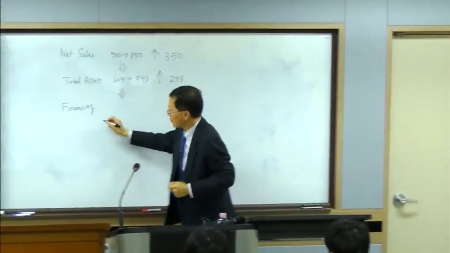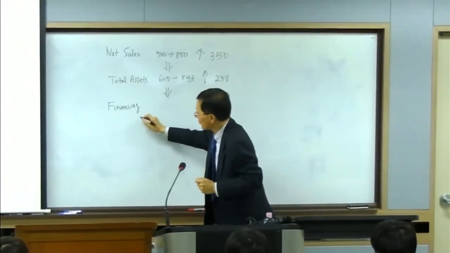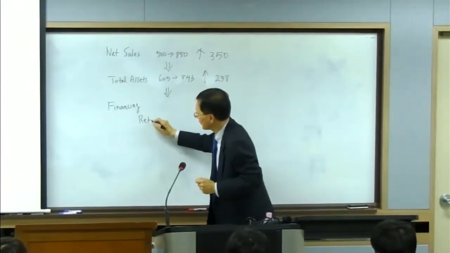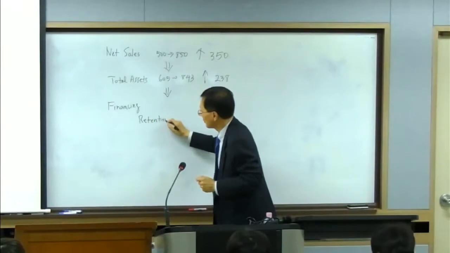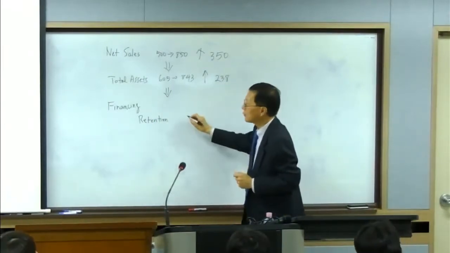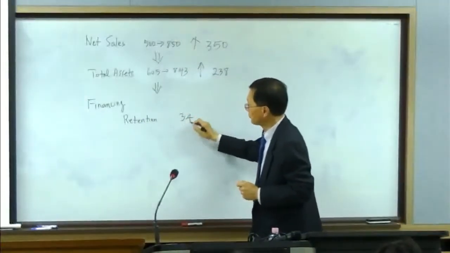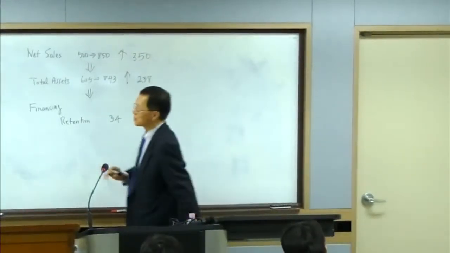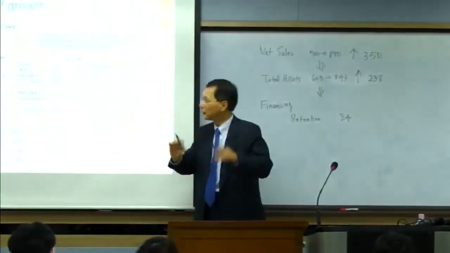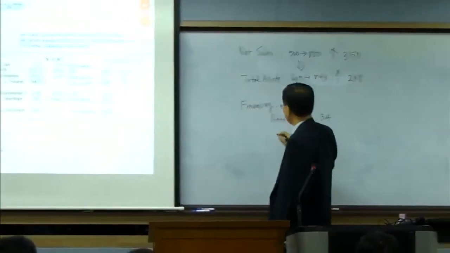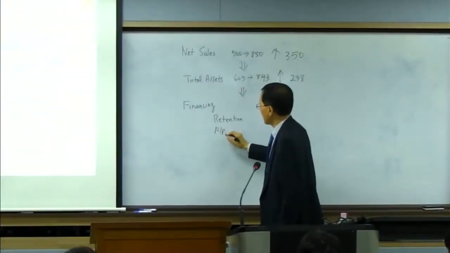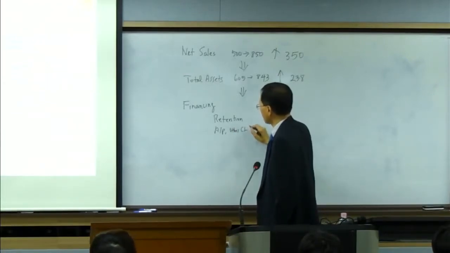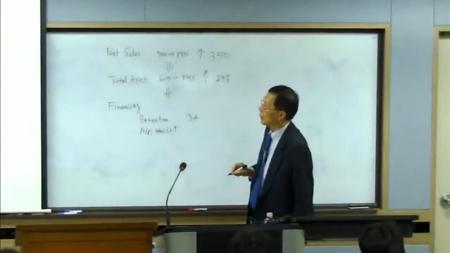The first obvious thing is retention. Earnings retention of 34. Right? There is no long-term debt increase, so forget that. Accounts payable and other current liabilities, they have gone up by